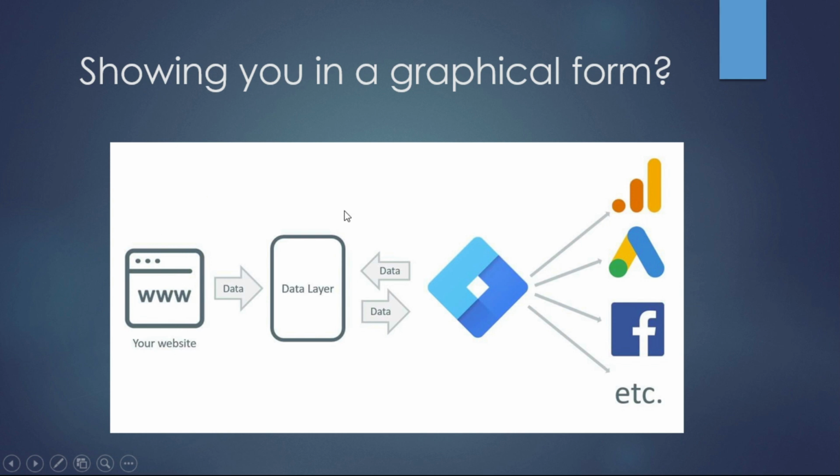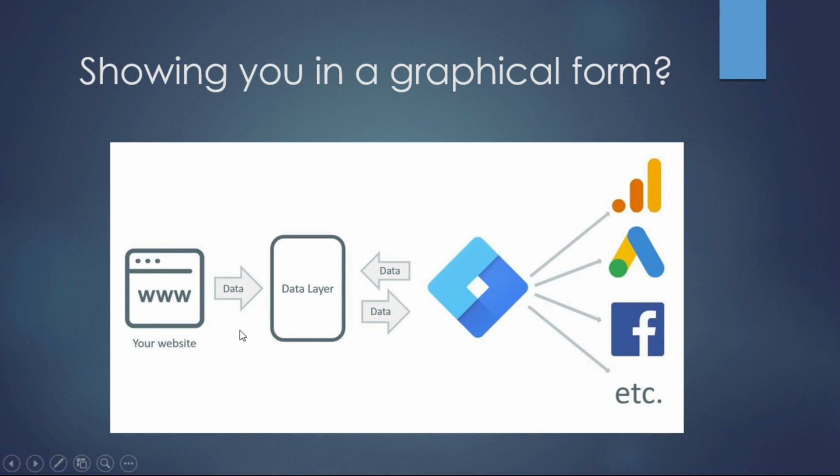Making it more graphical to help you understand how things were earlier: this is your website. These are the tracking codes that you have collected. The analytics tracking code will come to the website. The AdWords tracking code will come to the website. The Facebook tracking code will come to the website, and everything is being deployed onto the HTML source code of the website. Right? It is making the website more cluttered, and there are a lot of tracking codes floating in the programming, making it more complex. And in case you want to change anything at the back end, it was very difficult. If you delete even one sentence or word of the tracking code that is there, the tracking automatically stops.